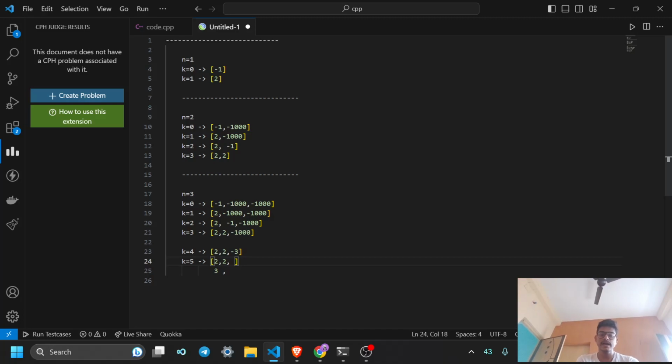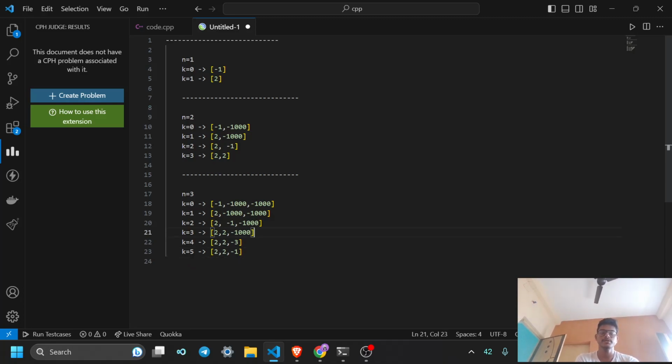So for 2 extra, if I add minus 3, I am getting 1 extra, but I need 2 extra. How can I get 2 extra? If I add minus 1, then what happens? Then 2 comma minus 1, this subarray will give me 1, and this whole subarray also gives me a positive number. Okay, so in this manner I can do it, right? So this will give me the